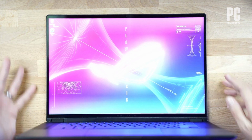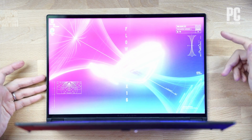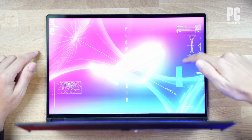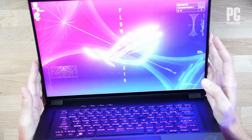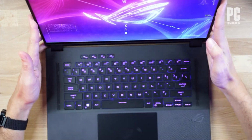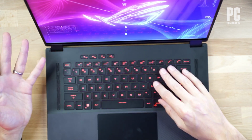So the cool thing is also the super slim bezel. If you look at it there, super slim bezels all around. It has a glass cover that always makes a panel or a laptop look so much more premium, and it's touch. So that's definitely something really neat. And for anybody who doesn't really care about it being a convertible and doesn't want to transform it into a tablet, you don't have to. You can treat this like just a regular Windows laptop, clamshell laptop, and you have a really premium device already